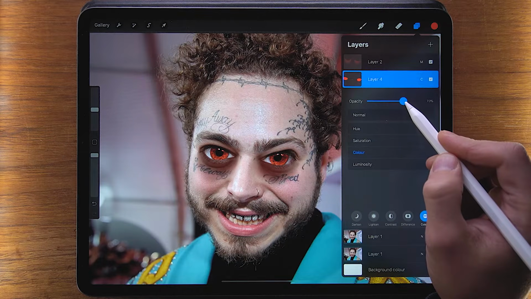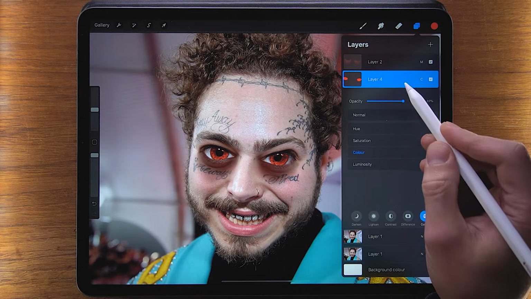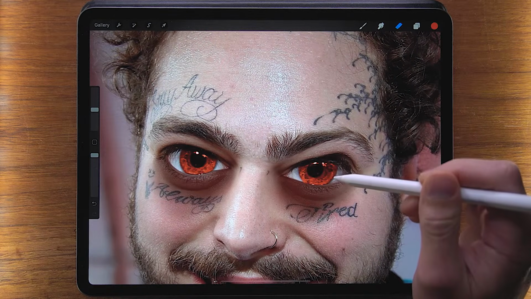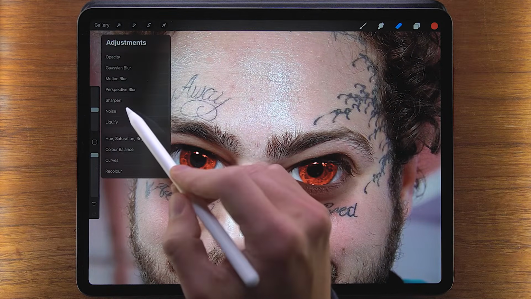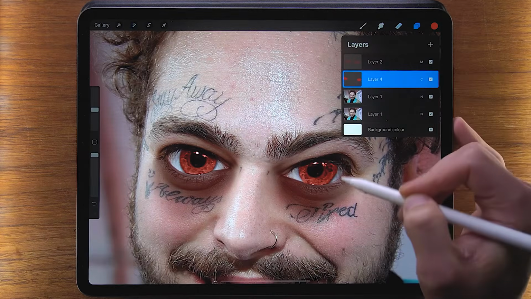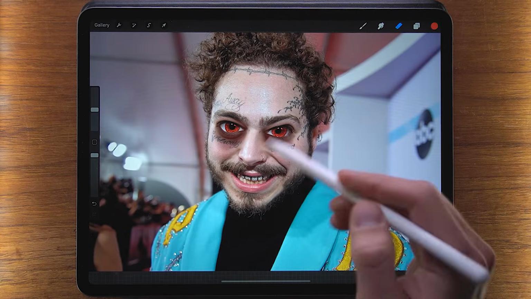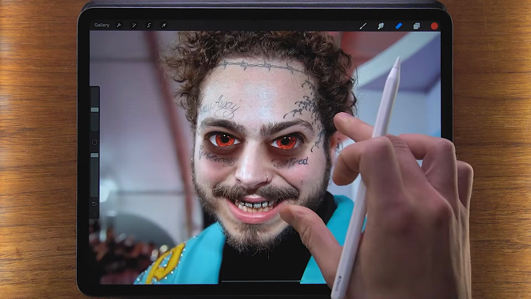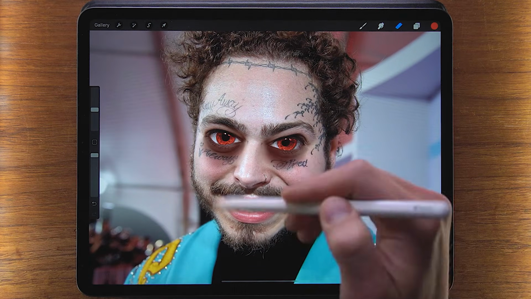Color is definitely the thing we're gonna use. All right, so they sort of look a little bit orangey, right? Let's fix that. Hue, saturation, brightness. All right, now his skin tone definitely looks too human-like, so let's decrease the saturation of just the skin tone